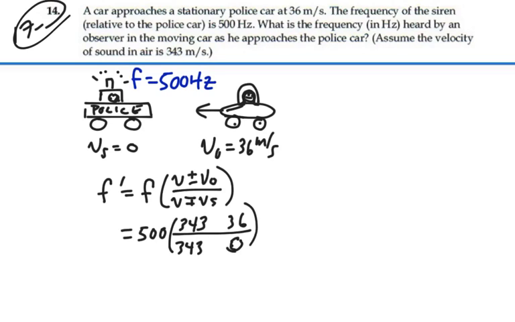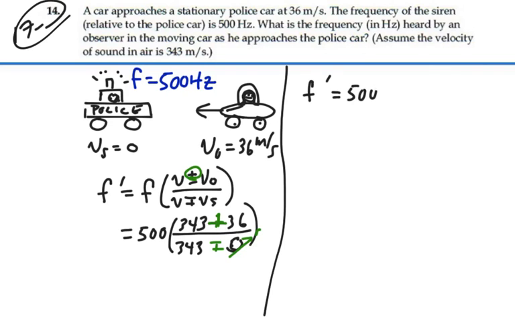Now in this case, it is the intent of the observer to go toward the police car, and so we're going to use the top plus sign for the observer for toward. The police car is just stationary, so it doesn't really matter. We got a 0 for that, so we could have had a minus plus for that, and we're fine with that. So now what we have is that the observed frequency is equal to the actual frequency, 500,